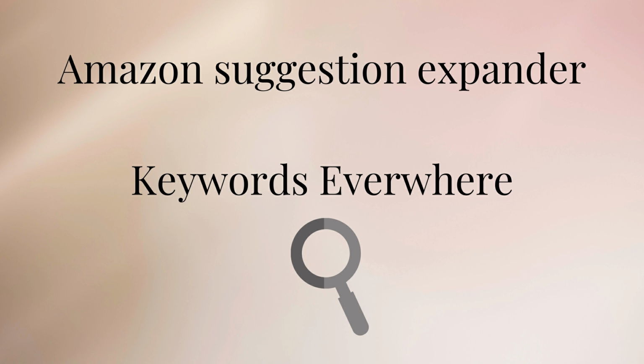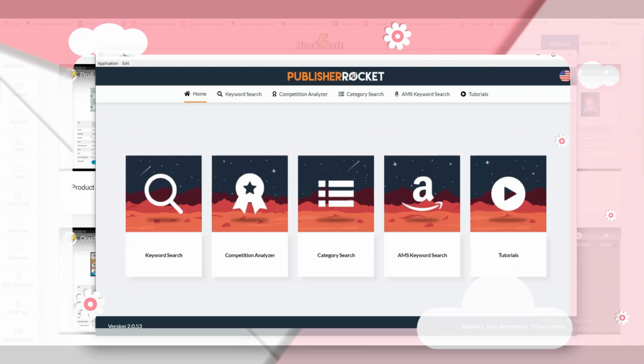And then in time, once I started to earn a little bit of money, I invested in other tools, and the first one that I bought was Publisher Rocket. So Publisher Rocket is a good little tool. I think it's $99 as a one-off payment. And when I first bought it, it was a big investment for me because I wasn't making a lot of money. But I thought I'd buy it because I thought it would help me with my keyword research. And what I can say about it is it does help, and it helps in the sense that it saves